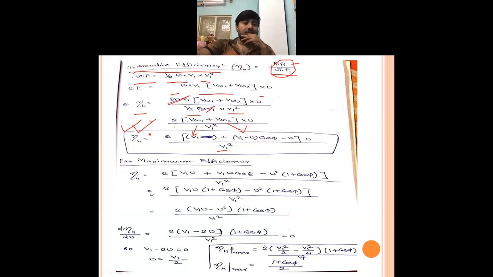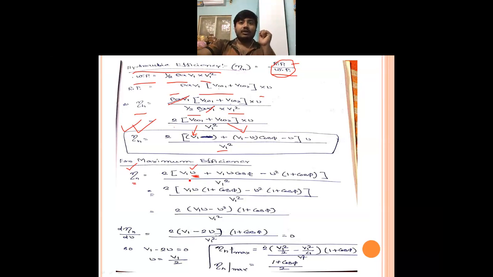Now we'll find out the condition for maximum efficiency. So what is the condition for maximum efficiency? Here the main variable is this u. So this eta varies with respect to this u, under constant jet velocity. So what we will do, we will differentiate this efficiency term with respect to u. But before doing that, we have done some manipulation, meaning we have rearranged it a little. Let us see how we rearranged it.